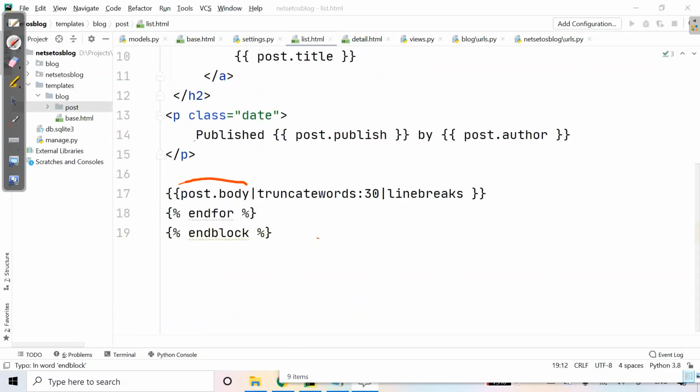In the body of the post, we have applied two template filters. First, truncatewords, which truncates the value to the number of words specified, and second one is linebreaks. It converts the output into HTML line breaks. Then we can concatenate as many template filters as we wish. So here we are done.